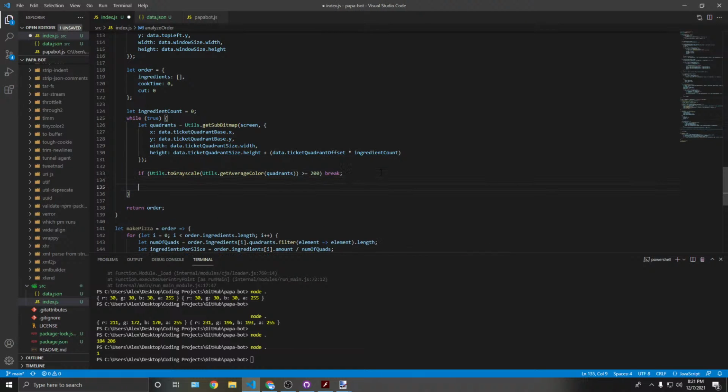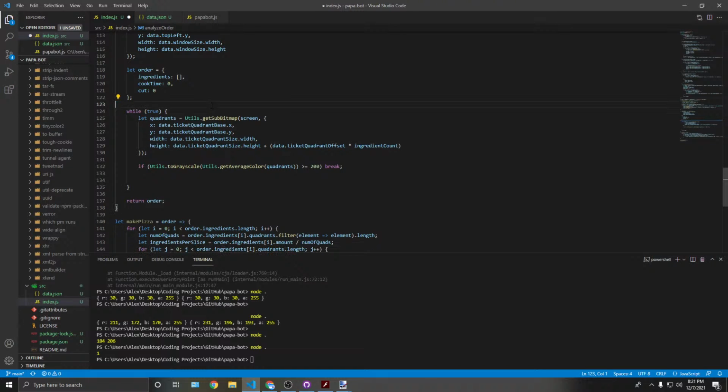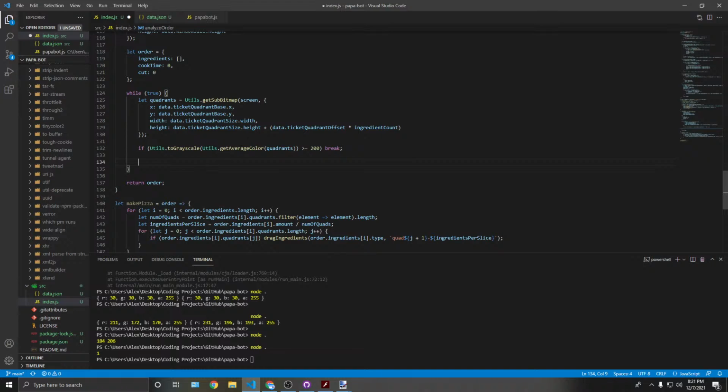We don't need ingredient count at this point. So it would break there if it's not the right color, but if it doesn't break there, that means we gotta analyze the line. So let quadrant bitmap, specify this. Quadrants is equal to an array,